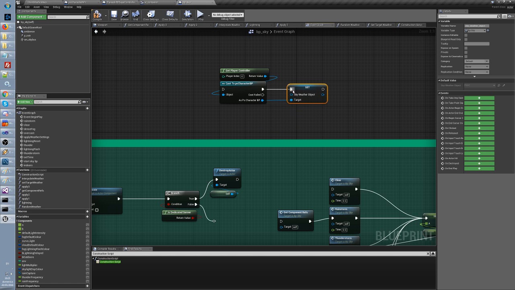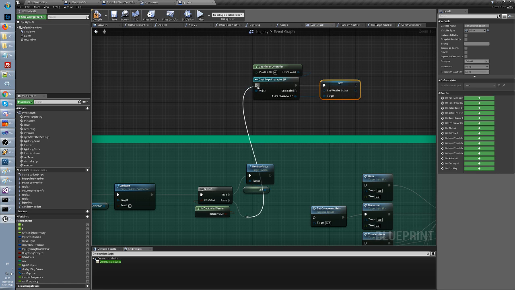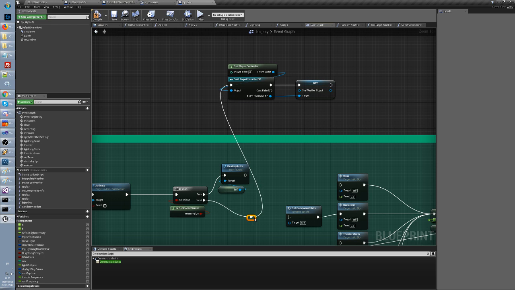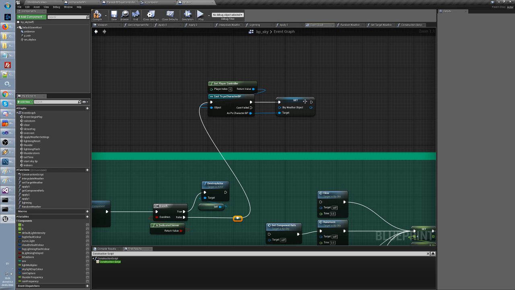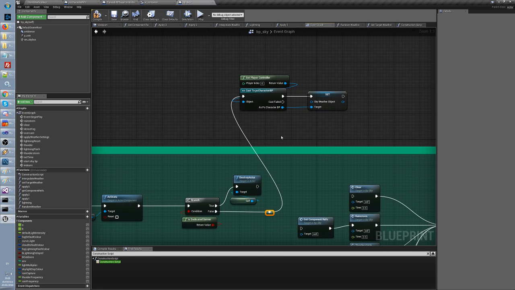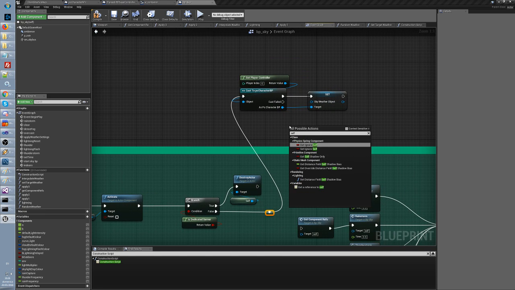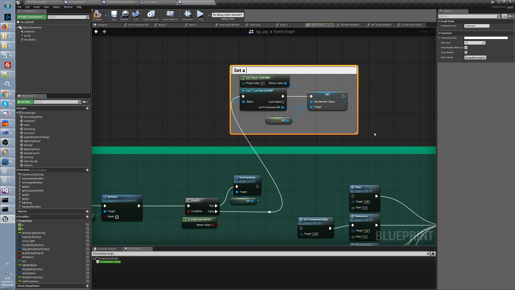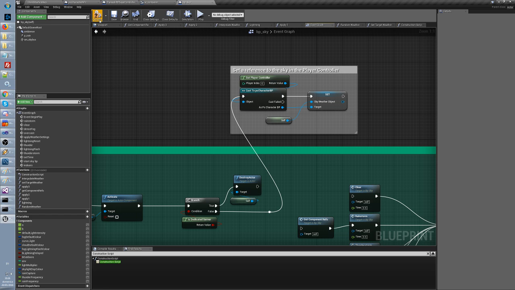And so from here I go here. Sorry for the fact there is a bit of a mess in the graph, but I think we will change it later. For now we leave it like it is. So, and I want a reference to self, right? So I want myself, which is this BP Sky, this nice guy, boom, connected here. So here we basically set a reference to the sky in the player controller, okay? So we set this reference,